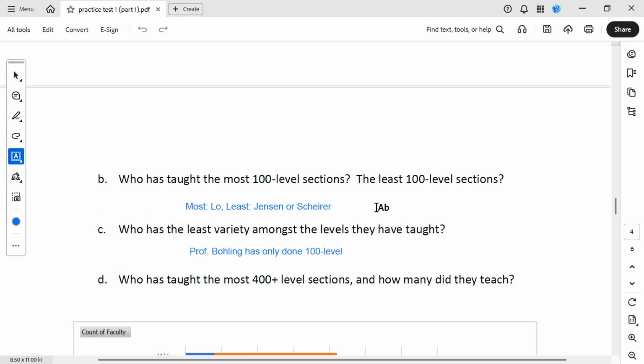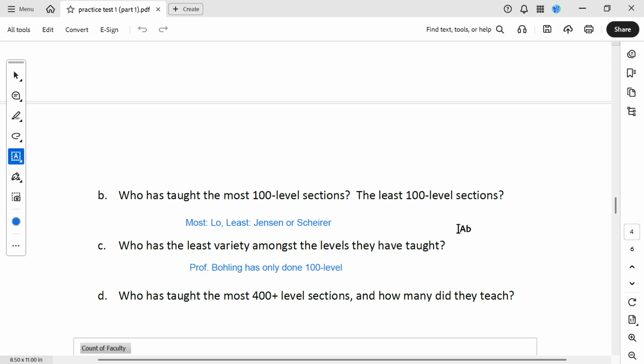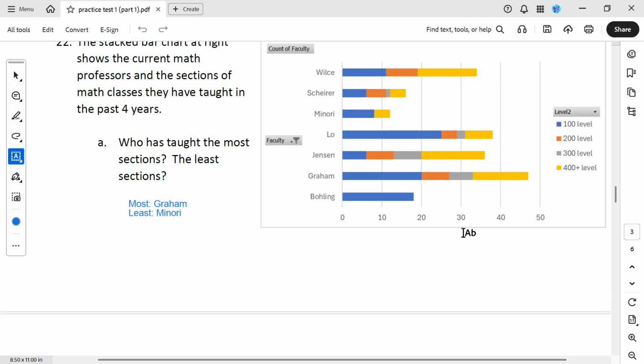Okay, who has taught the most 400 plus level sections and how many did they teach? We're looking for 400 plus, that's yellow. So basically, who has the longest yellow bar? This is a little bit tricky to see as well, but I do think it is either Dr. Wills or it might be me, or it might be Dr. Graham. They're pretty similar. So it looks like Wills went from about 19 up to 30, just estimating from the scale at the bottom, up to like